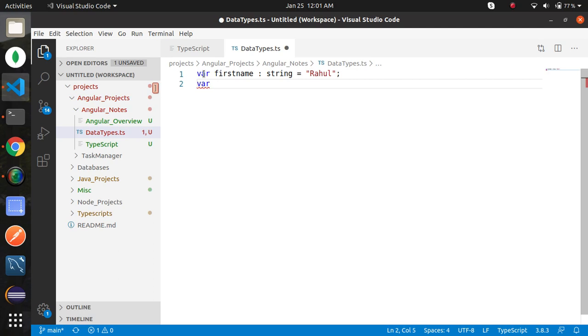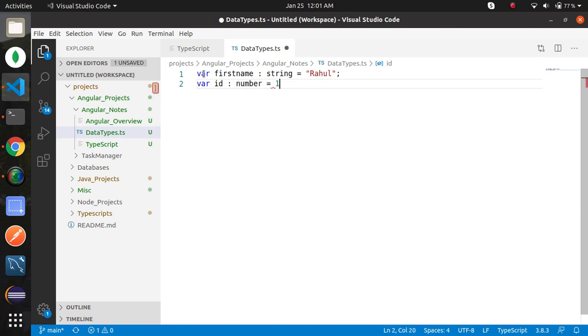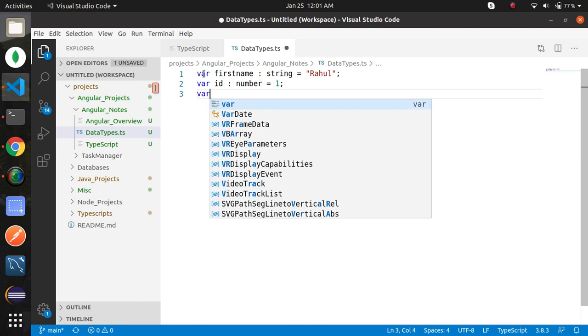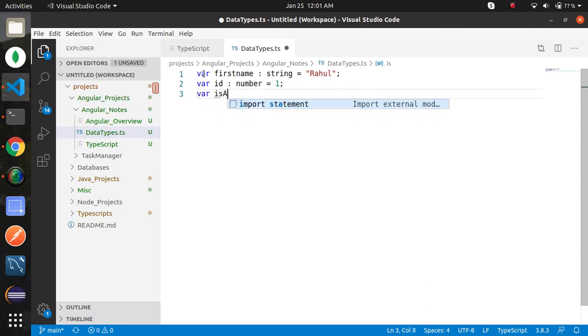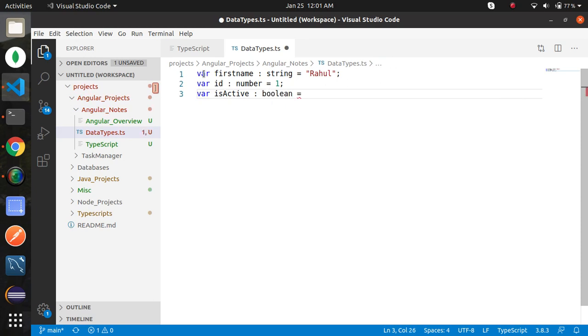Another variable I'm taking, we can take id, the number 1. Another variable we can take is active, boolean true.